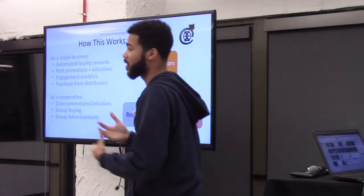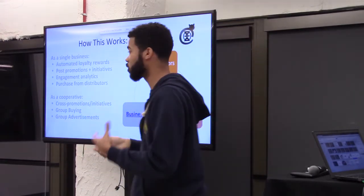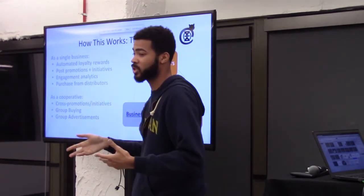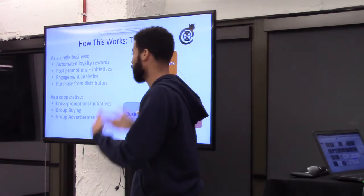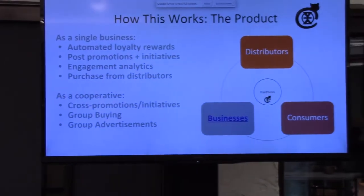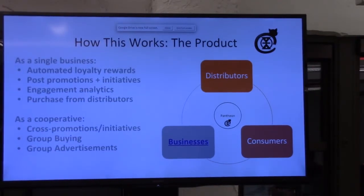As a single business, you have access to all the features Pantheon can give you, which is a universal loyalty rewards program. You'll be able to post promotions and initiatives on the app. And we have analytics that will show this engagement from users and see if they're checking out your promotions and initiatives or using your reward systems, and they'll give you suggestions on what you should do to get more